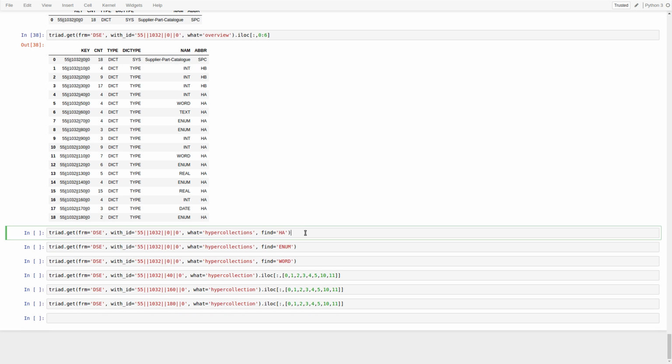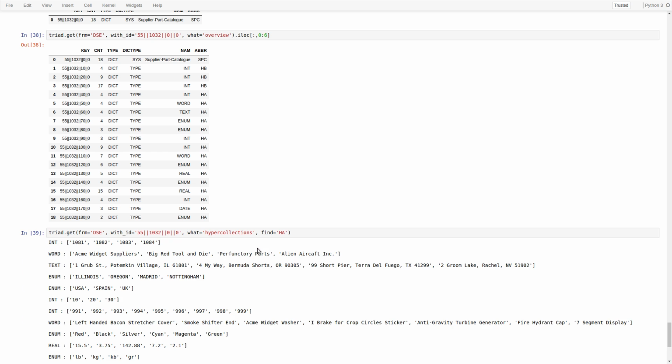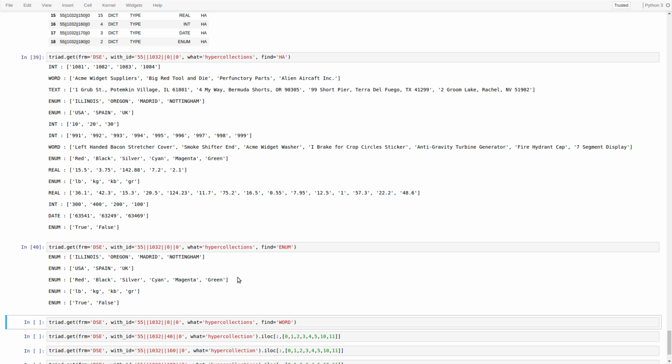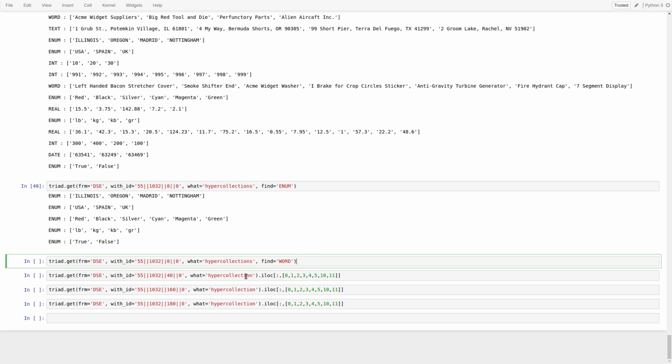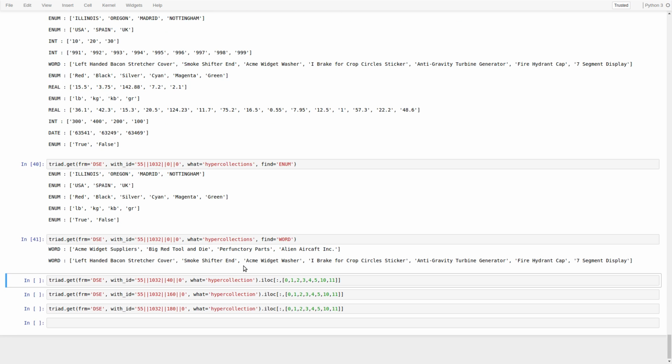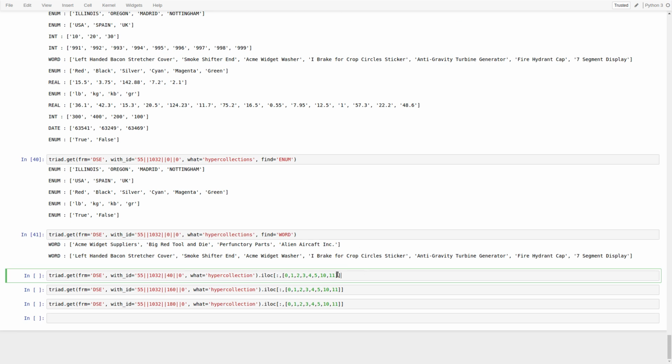With the next get operation, we can view all hyperatom value sets, and we can also specify to return only those sets of a specific primitive data type. For example, enum hypercollections and word hypercollections. We can see each of these hypercollections in more detail by passing their key to with ID